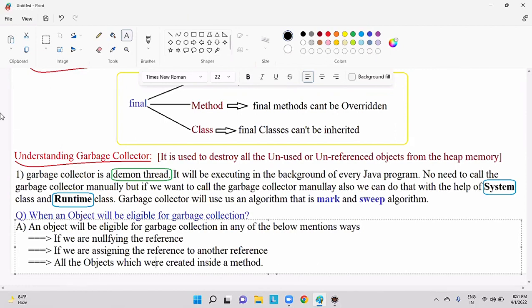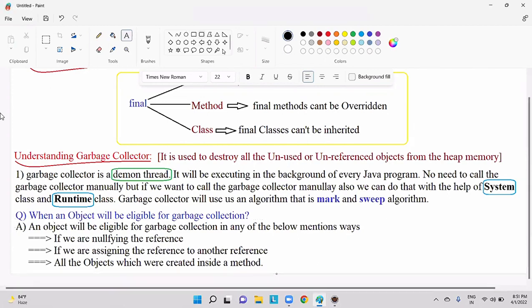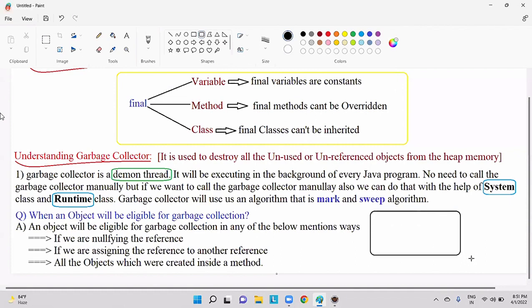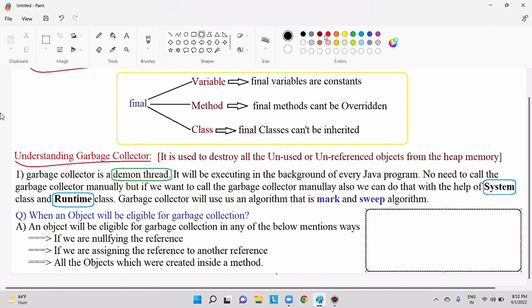Now, did you remember what is the use of the finalize method? Guys, you need to help me out. I told you that point also.